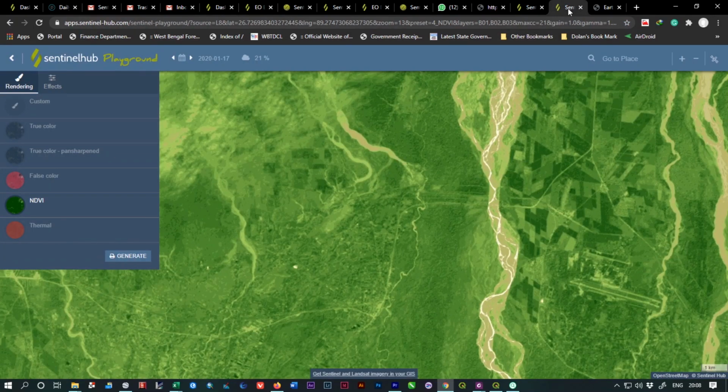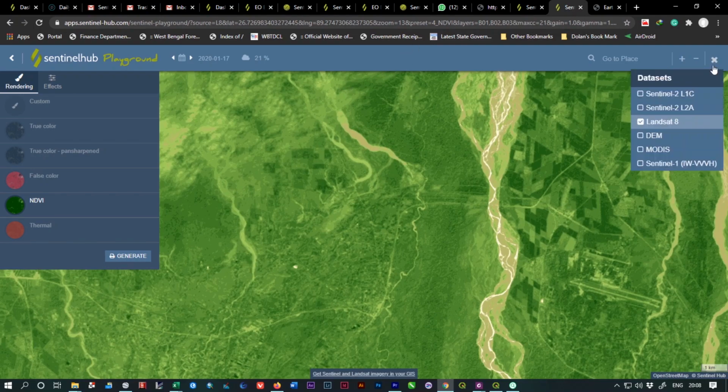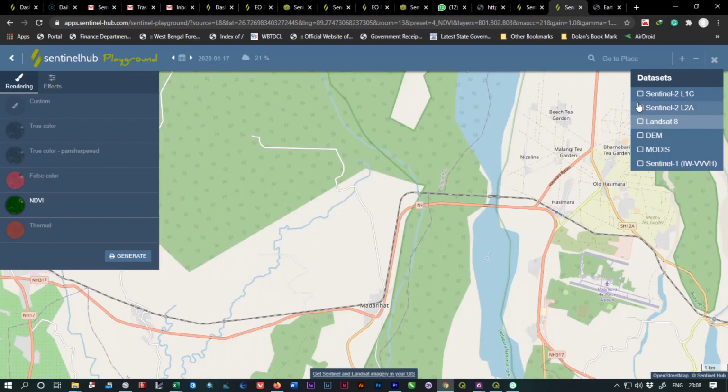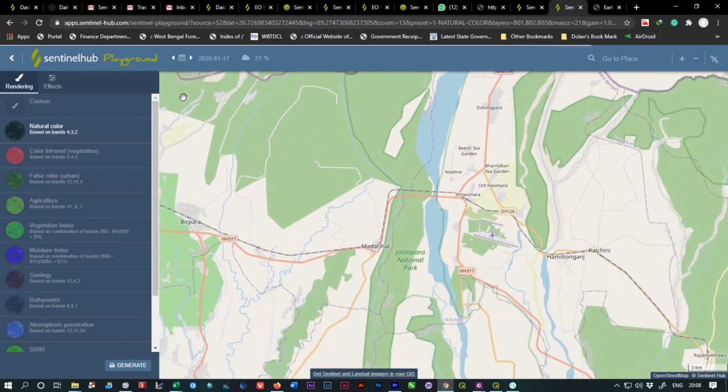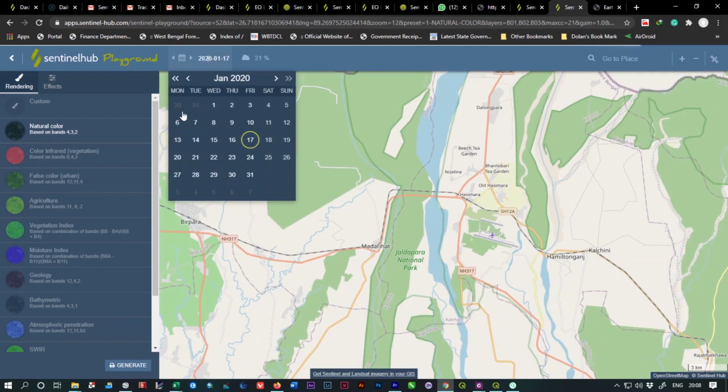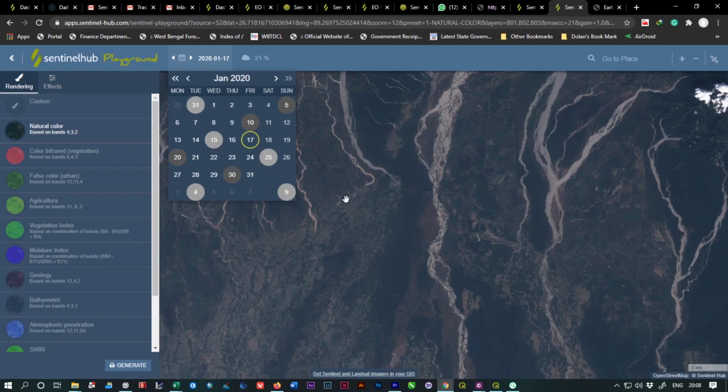There is a wonderful website, Sentinel Hub Playground. It is basically only for visualization. Here you can view the Sentinel-2 satellite data in various band combinations, and also the dates of capturing the satellite data.